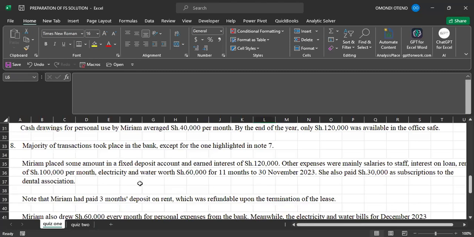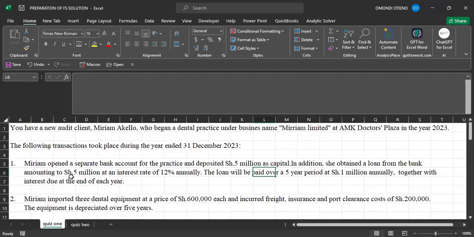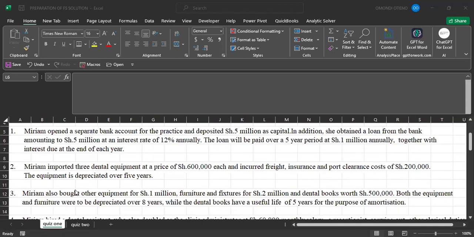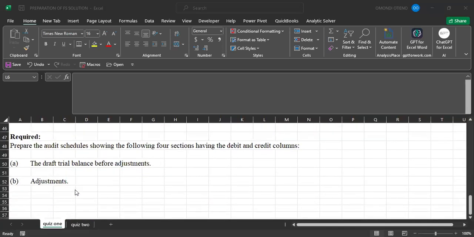I posted this question here. So just go to quiz 1, that's what you are going to have. If you go to the past papers, you'll get it from April 2024, question number 24. If you come to this document, it is here under quiz 1. So I want us to see what was presented here.